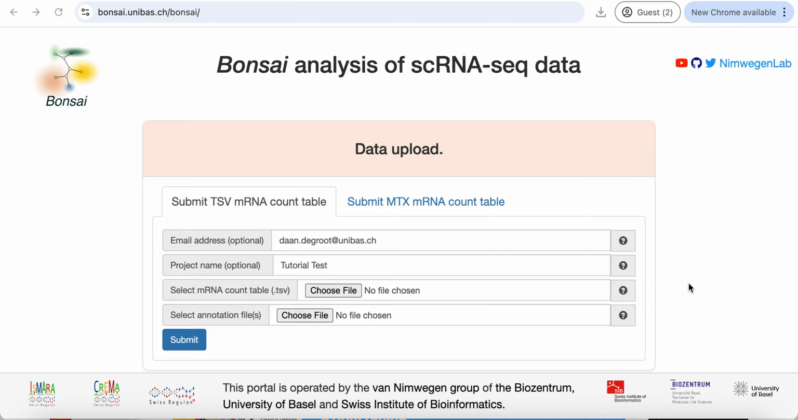Hello everyone. In this video I'll show you how you can upload your single-cell RNA-seq data such that we can run our tools to reconstruct a bonsai tree representation of the data that you can then explore in the Bonsai-scout